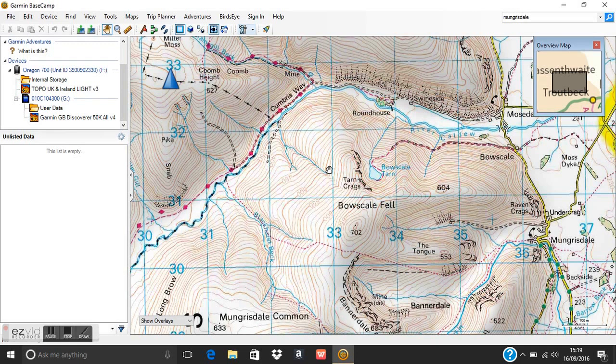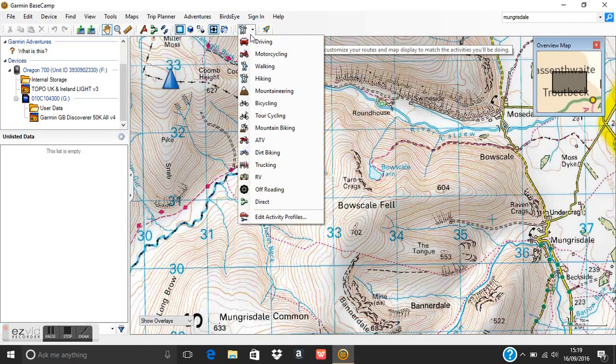Now, as default, when you first load Basecamp software for the first time, it changes what we call the routing profile to something called hiking. So if I pick this little box in the toolbars that's got a picture of a man in it holding a stick and hit the drop down option, we can see that was the hiking option. You would think that would be the one we'd want to use because we're going to do a walking route off-road,